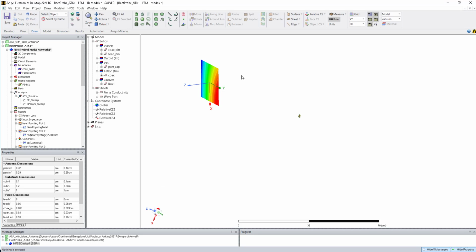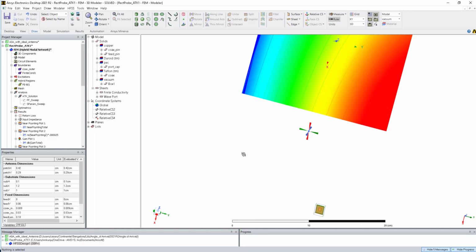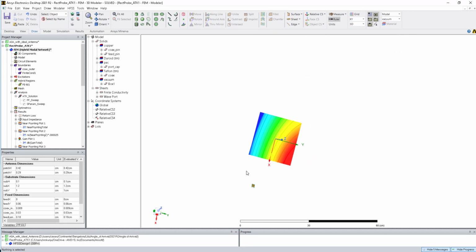So this is a way we can see how much power is coming from the antenna at any particular location. And this brings up one more thing you need to be clear about. These near field calculations are all post processing. Once you simulate just the antenna, you can find the power at any point around this antenna without re-simulating it. So that's a good advantage.